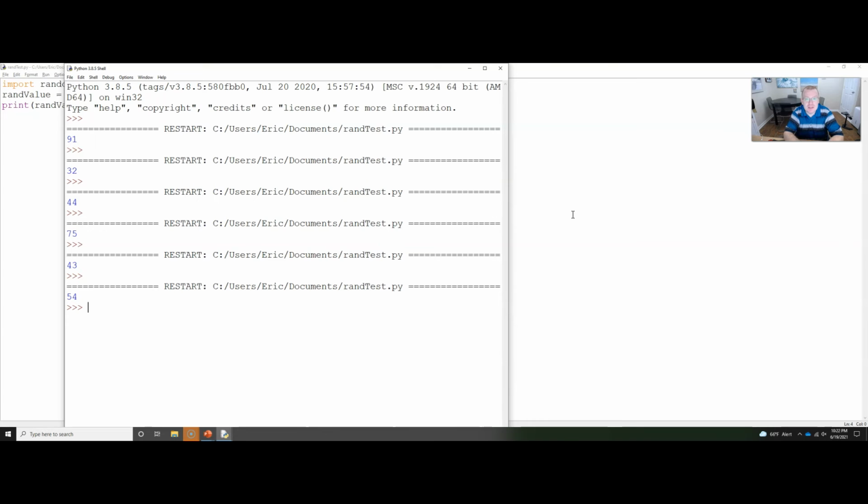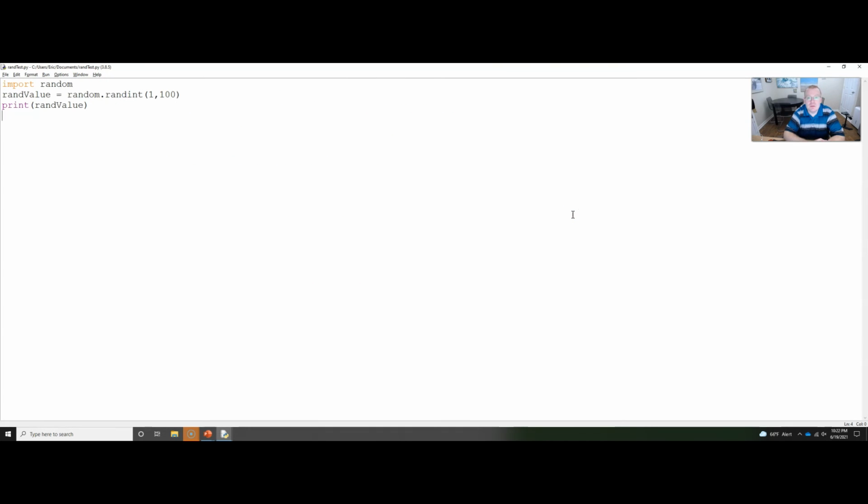But this is how we might use that, and you can see this is just a very simple pick-a-random-number-between-1-and-100 implementation. You can of course do negative numbers. You could do a larger or smaller range than this, depending